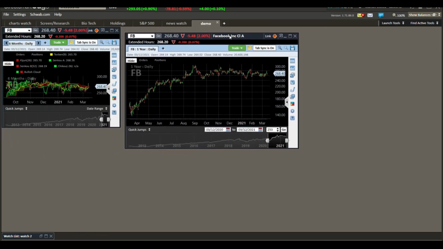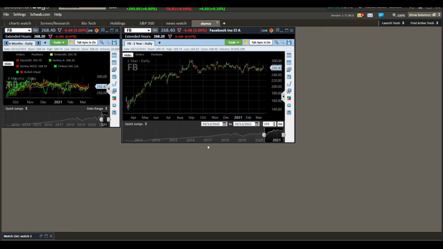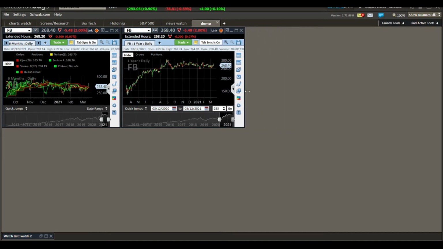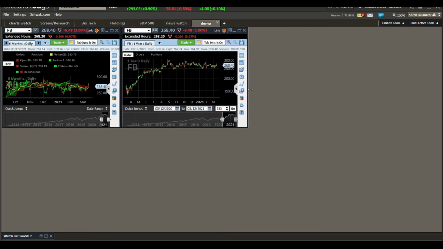Just like with anything else I've been mentioning, if you start adding too many things, you're going to create problems. My computer's kind of a dinosaur. I think a faster processor and better internet connection would be good. I've tried doing this before. I had a little bit of interest in day trading, and I had about 6 charts, and it runs okay until you start drawing too many lines on your charts, then that's just more information that the system has